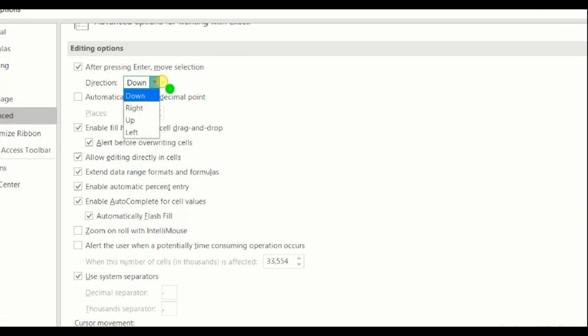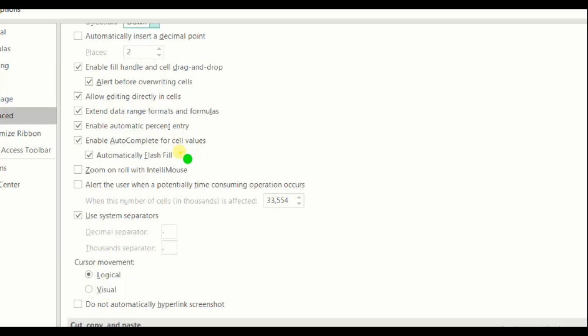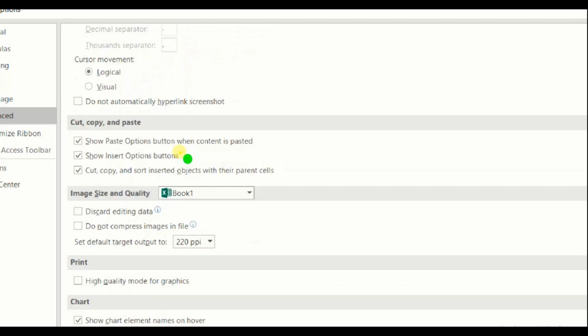This direction means that after entering, the cursor will move down, right, up, or left. By default, it is enabled in all our systems. If you want to change the movement of the cursor, you can make the selection from here. Next important option is Display.